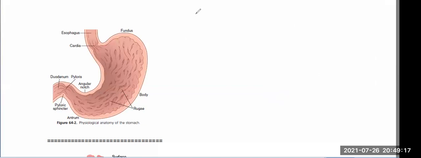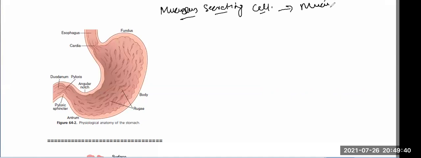Firstly, if we talk about the entire surface of the stomach, the entire surface of the stomach is lined with mucus secreting cells. And their main job is to secrete mucus. And what does mucus do? I said that the entire stomach surface is lined with mucus secreting cells that